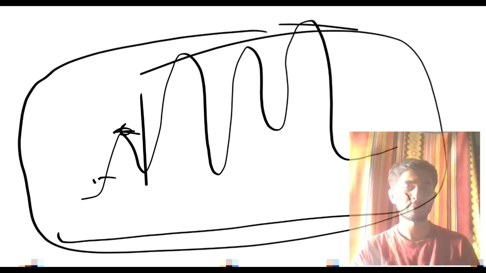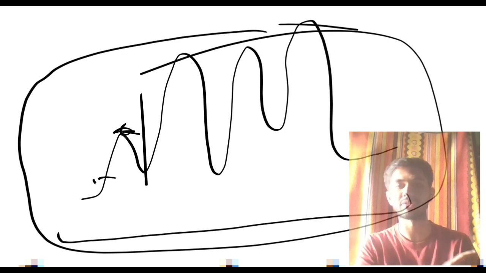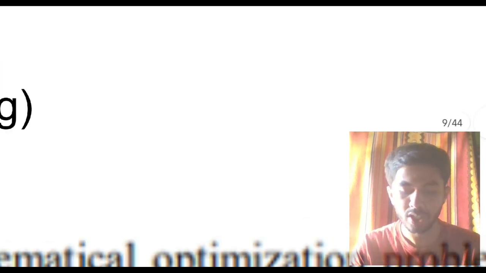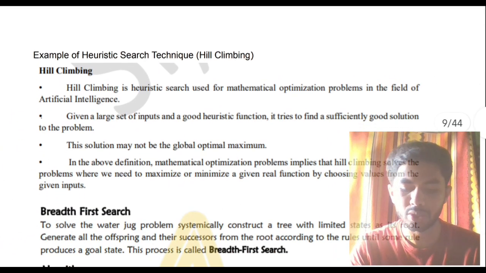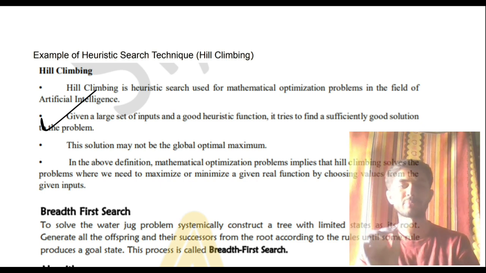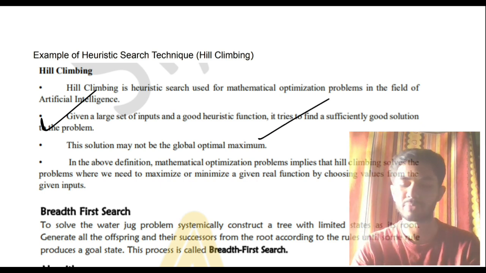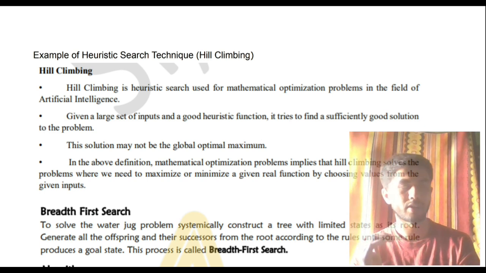For more information about the numerical, the advantages, disadvantages, algorithm and the properties of hill climbing, I have explained in the theory video. You can watch that. Here, for hill climbing, you can go through what is given and write in your own words. I have not explained much in detail. Whatever I explained, if you write in your own words, those are the same things which are present here. Fine. That is about the example of a heuristic search technique.